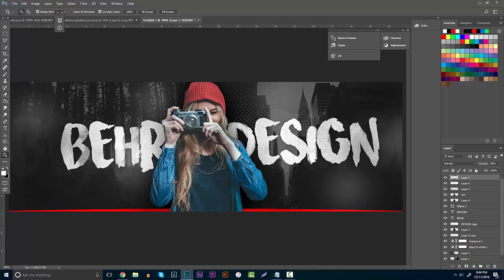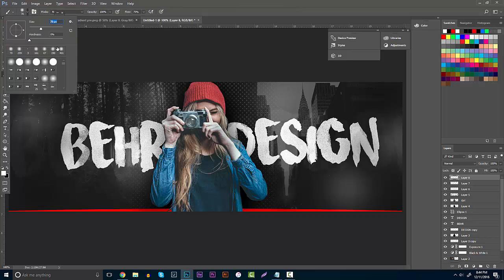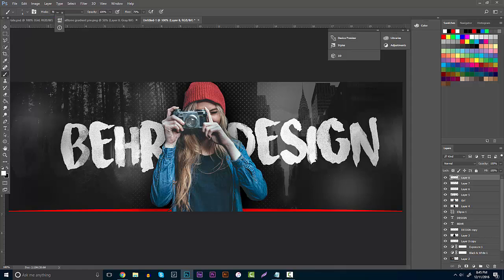So now that we have that, we can actually start designing our own things. We can start adding our own effects. So this is when you can start opening your packs up and stuff like that. For this, we're not going to use anything, so I'm just going to make a new layer. Gonna grab a brush on like a size 3 or 4, probably a 4 on white, and I'm gonna click